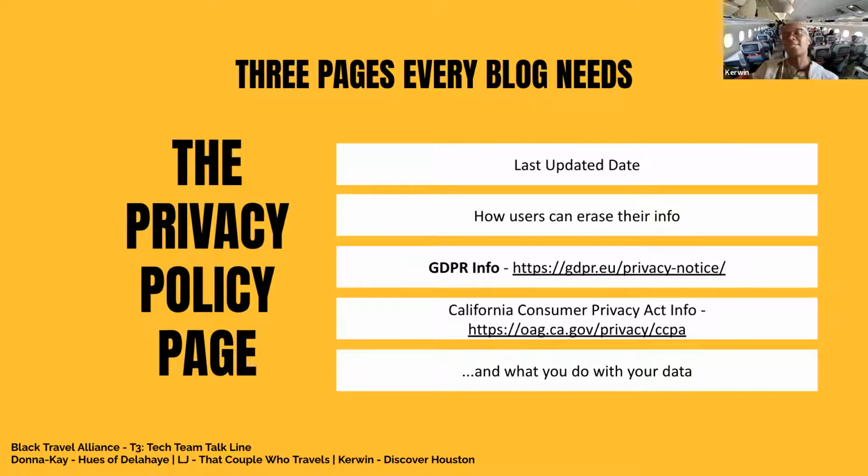The privacy policy is what says all that, and we'll show you the Black Chapel Alliance one in just a bit. One of the more important things is GDPR, which is the Data Privacy Act of the EU. I think it was 2018 when they came out with this, and we had to go in and do a lot of changes. So you all should check that URL, which is gdpr.eu/privacy-notice, and go read up on that and make sure your privacy policy talks about that.